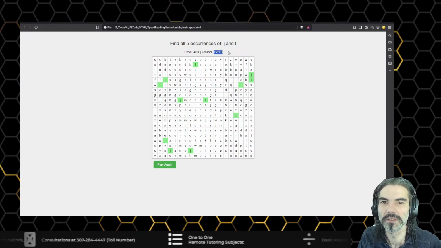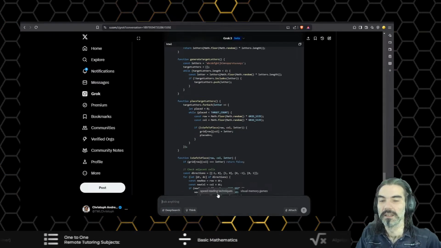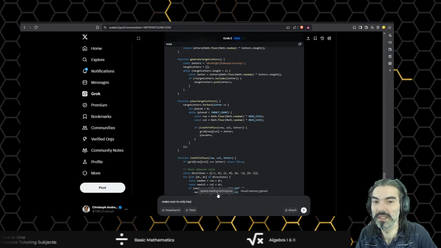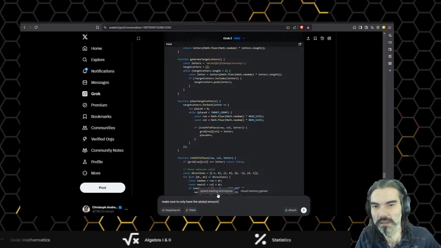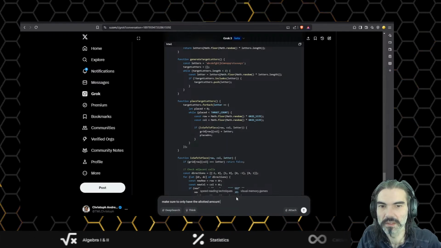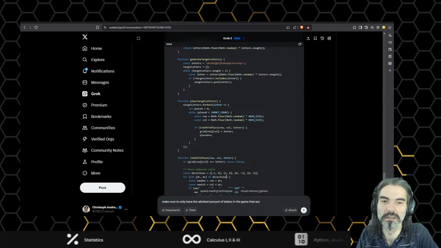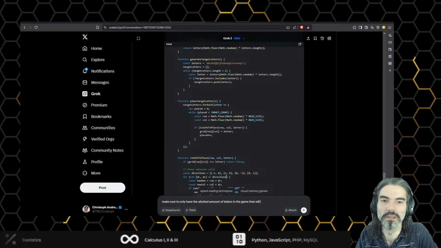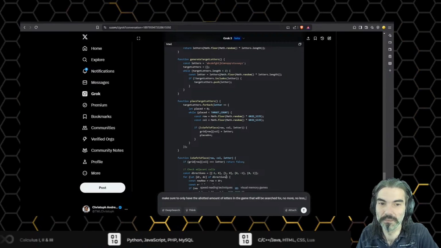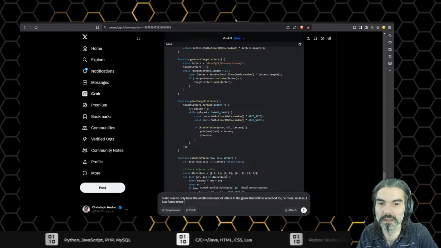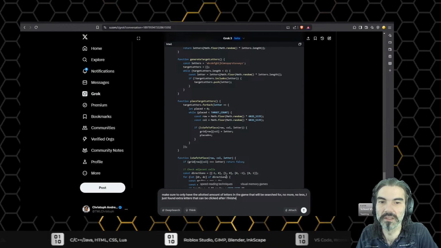That's not good. Okay, so now we're going to 12 instances. All right, so we're almost there. Make sure to only have the allotted amount. Oh, two T's. Allotted amount of letters in the game that will be searched for. No more, no less. I just found extra letters that can be clicked after I finish the first